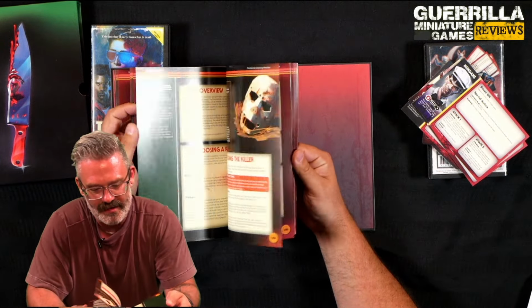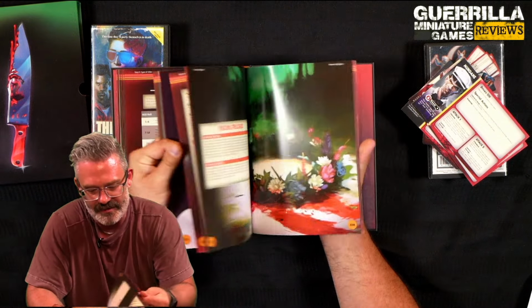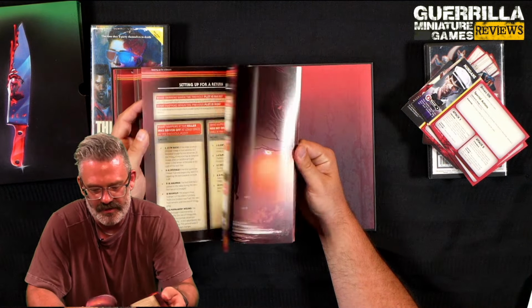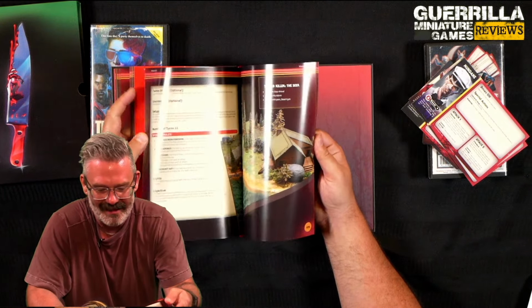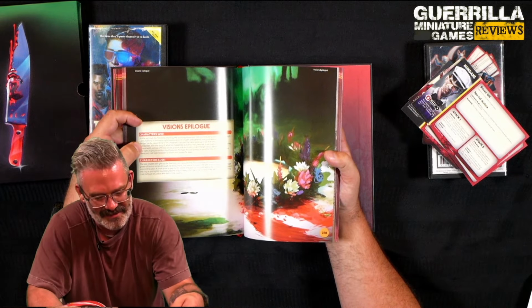So what's in this book that you probably wouldn't have seen in the previous edition is you're going to get all these different visions, which are the sort of packs that used to come out of characters that you could play with, and other storylines to go through as well. Like Visions 3, the seer is back. And I love this one. Yeah. As the sun rises the following morning,